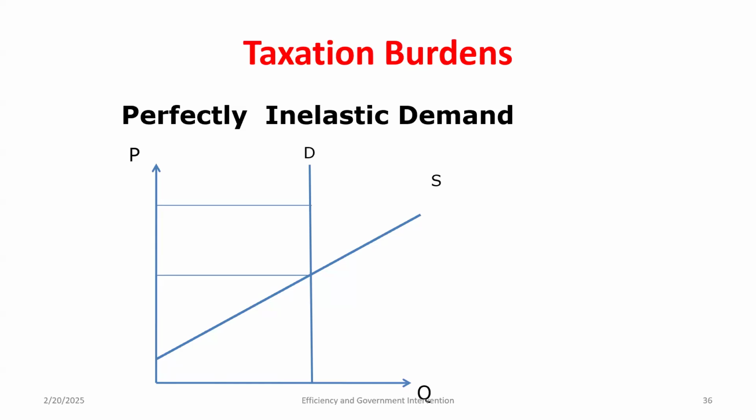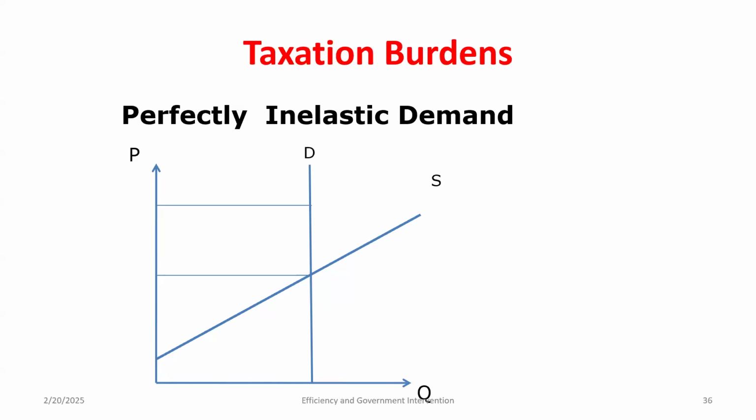The problem is, if I tax this good and demand is perfectly inelastic, what's happened to the quantity after the tax? It's the exact same. People are completely unresponsive. So the tax changed the price, people kept buying the same amount. Now, inherently, we know if they're perfectly inelastic, who's going to be more inelastic, consumers or producers? If consumers are perfectly inelastic, it has to be consumers. So they're going to bear more of the burden of the tax. If they're perfectly inelastic, what ends up happening? Here's the new price that consumers pay. What's the price that sellers get to keep?